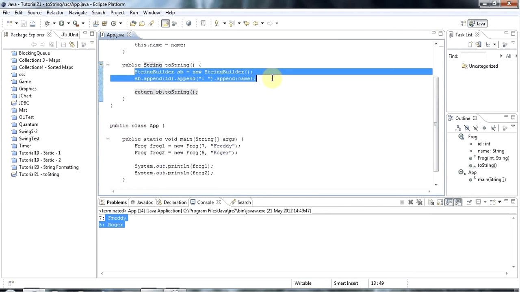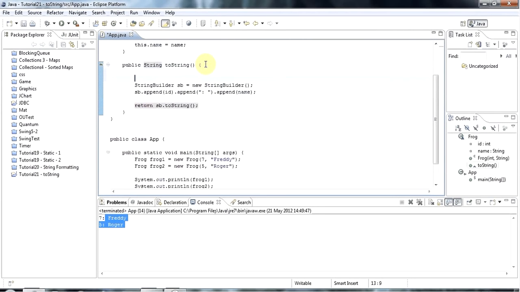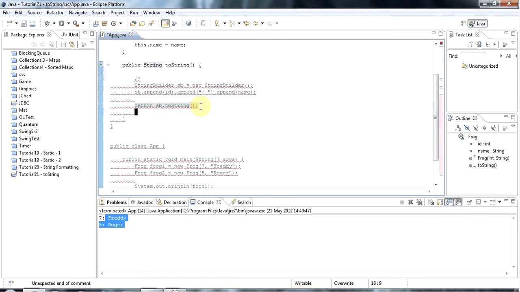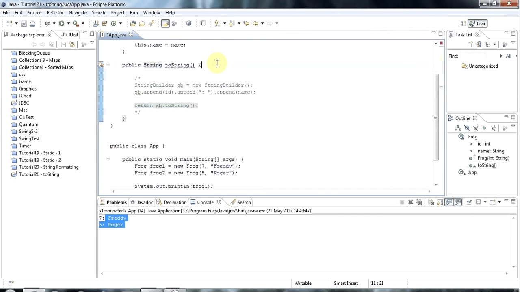And of course you can use all the stuff that I showed you in the last tutorial here, like if you want to return a formatted string. This is one version of toString. Let's just quickly look at another possibility. I hit the insert key by mistake there. So you could also do, for example, if I comment that out,